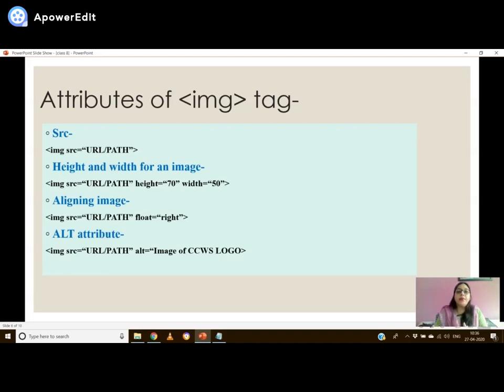This will help you in reducing the space of your web page, because if you insert an image and then start the text, then this particular area will be blank. So we can use this float property to utilize both sections of your web page. So this was all about your images.